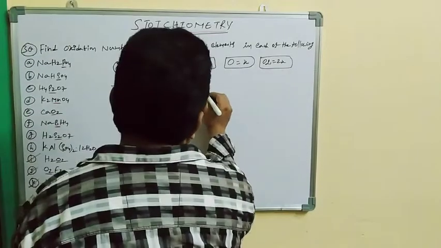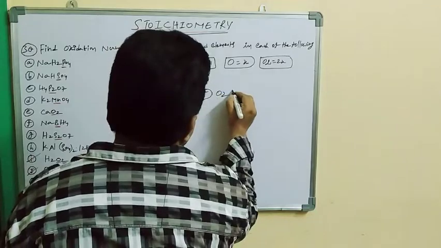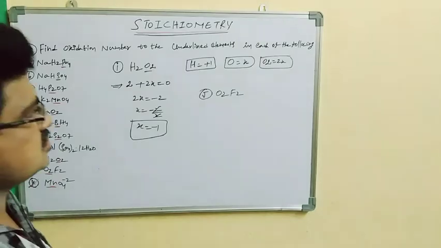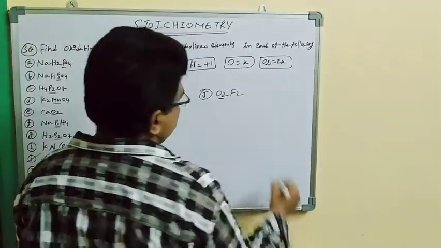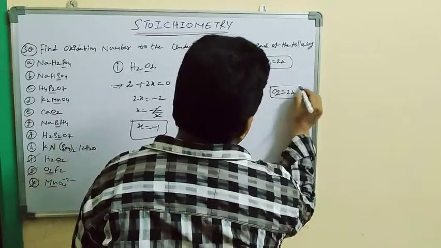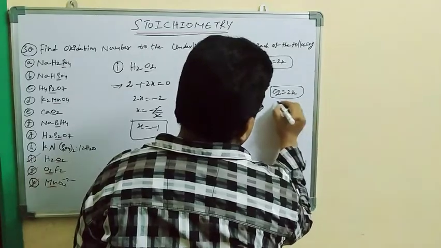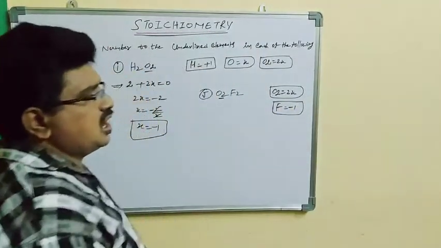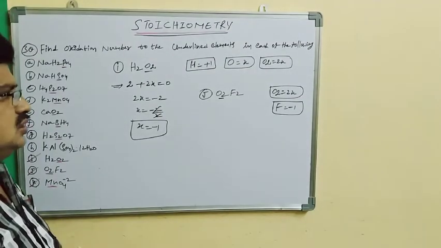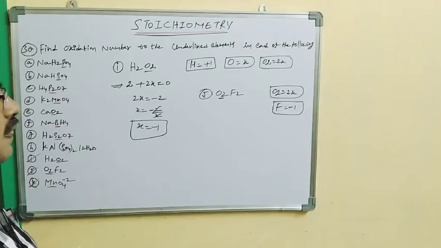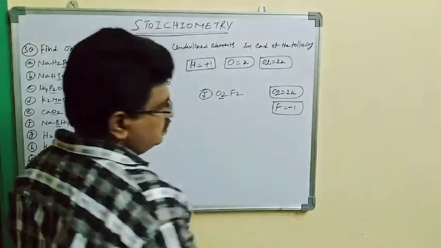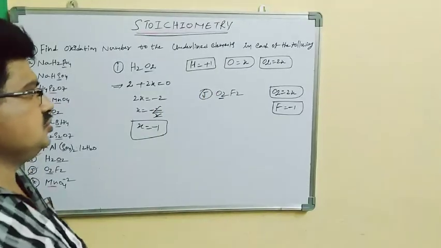Now I am going to explain O2F2, dioxygen difluoride. Finding oxidation state of oxygen. Here, for 2 oxygens, 2x. Substitute. So fluorine oxidation state is minus 1. This is a halogen element, halogen group, which is near to noble gases. So 8 minus 7, we will get 1. For non-metals, we have to substitute here. We will keep negative sign. We should write negative sign.